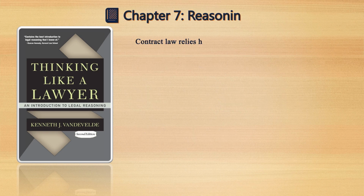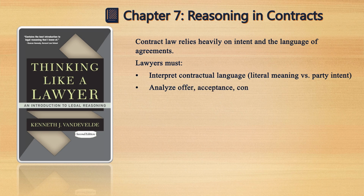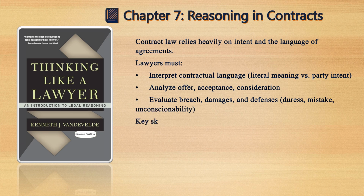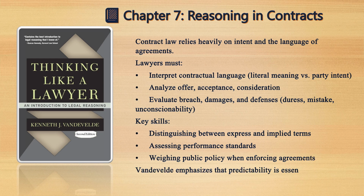Chapter 7. Reasoning in Contracts. Contract law relies heavily on intent and the language of agreements. Lawyers must interpret contractual language, literal meaning versus party intent, analyze offer, acceptance, consideration, evaluate breach, damages and defenses, duress, mistake, unconscionability. Key skills: distinguishing between express and implied terms, assessing performance standards, weighing public policy when enforcing agreements,